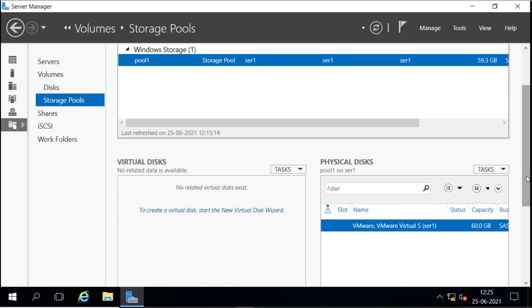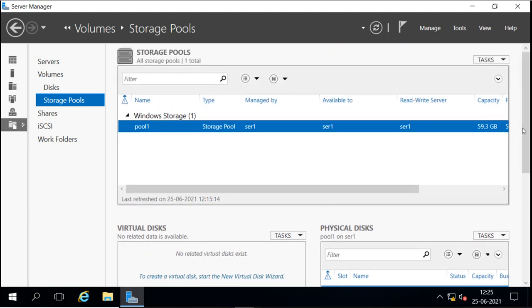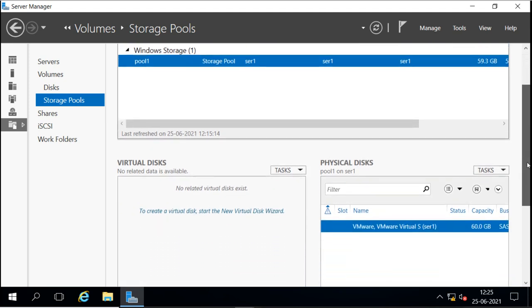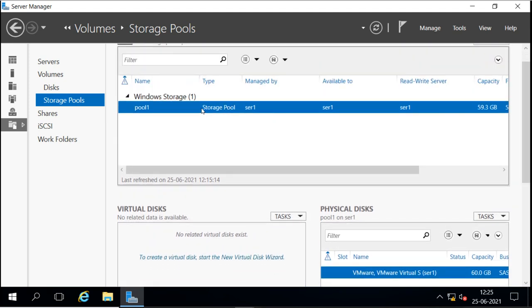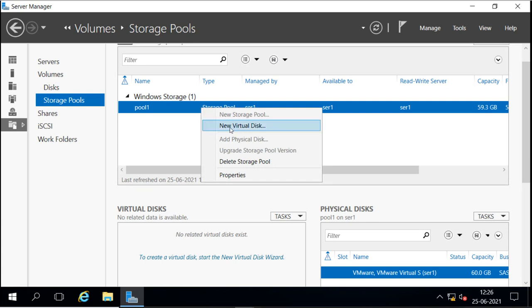Now once we have created the pool, what can we do? We can create a new virtual disk, or we can say storage spaces, from this pool. If we want to create that, we can do it from here under the virtual disk section, or we can right click here and create a new virtual disk.